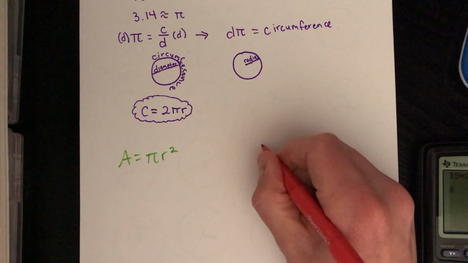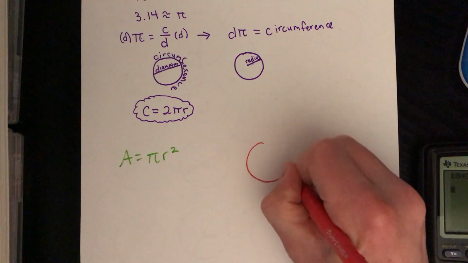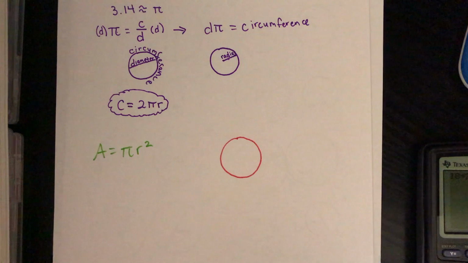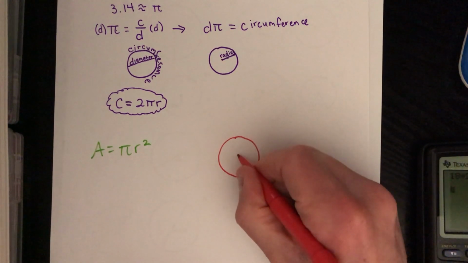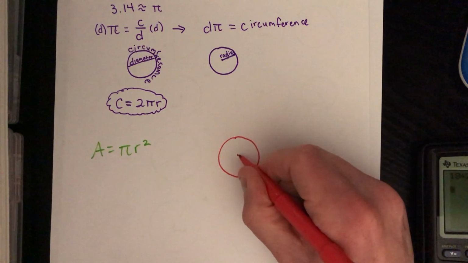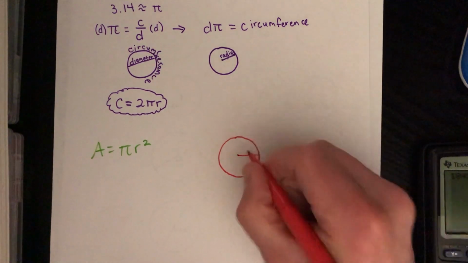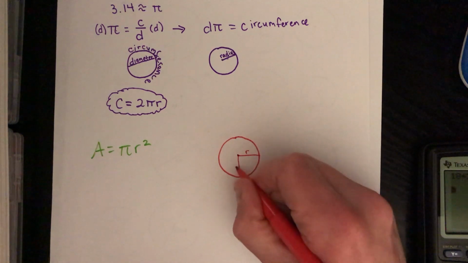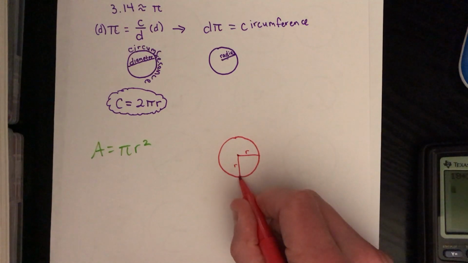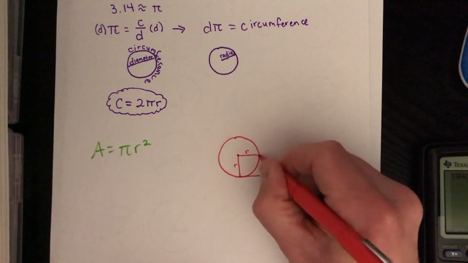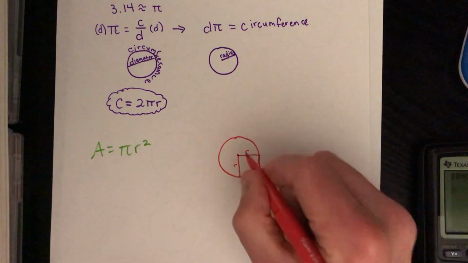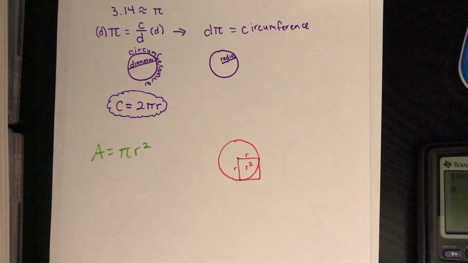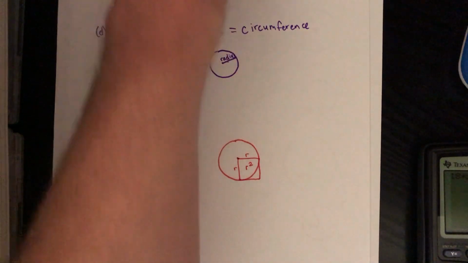And so there's lots of different ways to think about why the area of a circle is pi times its radius squared. I've seen a few different ways. This is the way that I like the most. So right here, from the center of the circle to the outside is a radius. And from the center to the outside down here is also a radius. So if I were to continue this, I could make a square, and that's a radius squared. That's what this is. This space right here is an r squared. And I could make 4 of these in this circle.